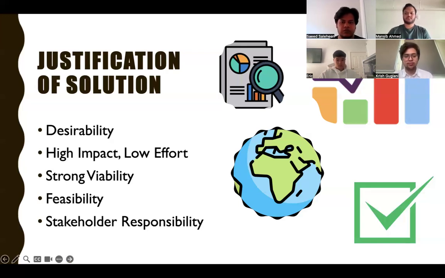Finally, stakeholder responsibility. Medibank is in a unique position to lead. By providing the solution, you strengthen ties with international students, universities, and the broader healthcare system. It also demonstrates Medibank's commitment to inclusivity and corporate social responsibility. And don't worry, we have accounted for IP law and data privacy, ensuring compliance with international standards while safeguarding students'